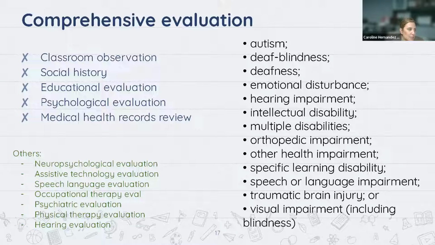In rare cases, we as the school district might refer for what is known as a psychiatric evaluation. We might have a physical therapy evaluation or a hearing evaluation. And the reason we're doing this is to see if the child qualifies for services under IDEA, which is the law that governs special education, and qualifies for services on having one of the 13 listed disabilities here. So these are the disabilities that are recognized under IDEA as eligible for special education services. So about 3/4 of the way down on the list, you'll see other health impairment.